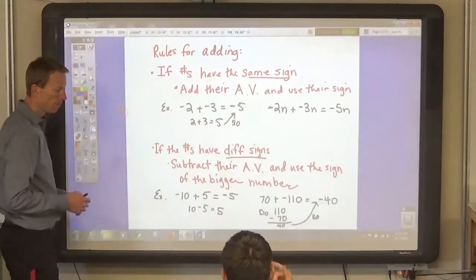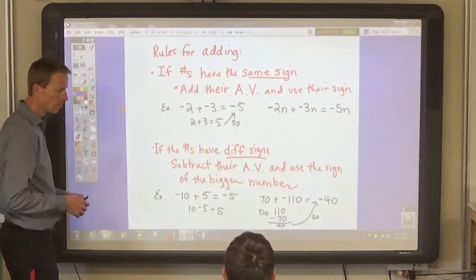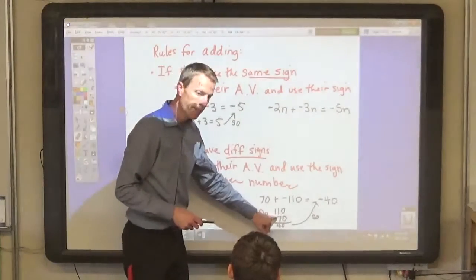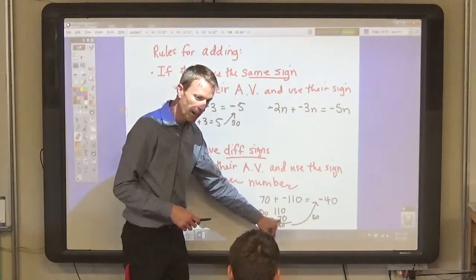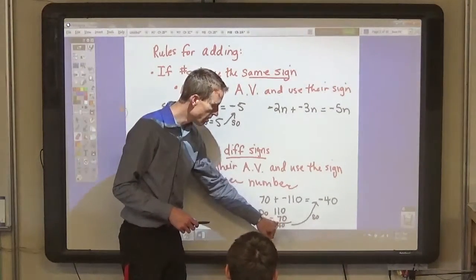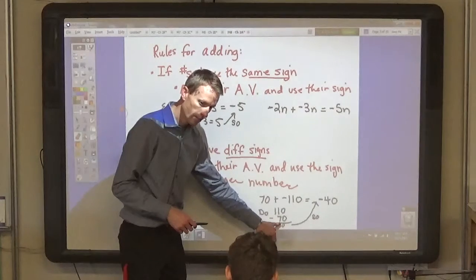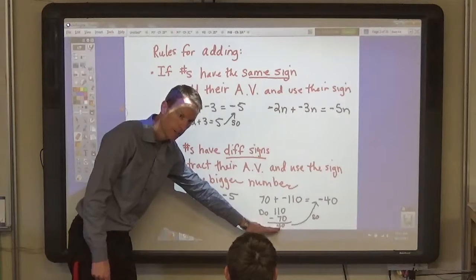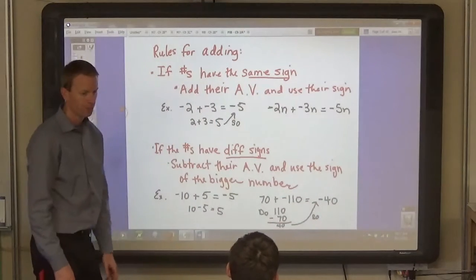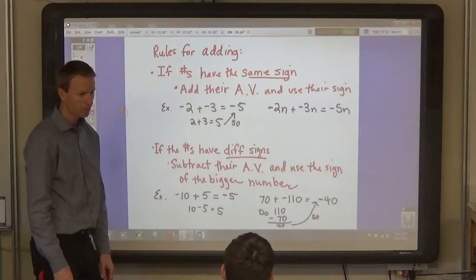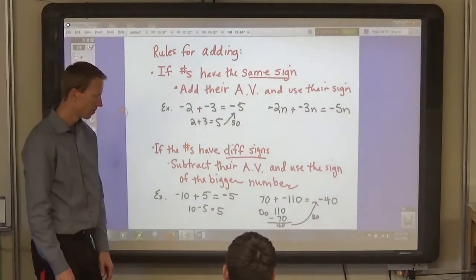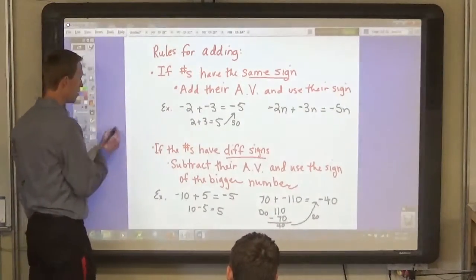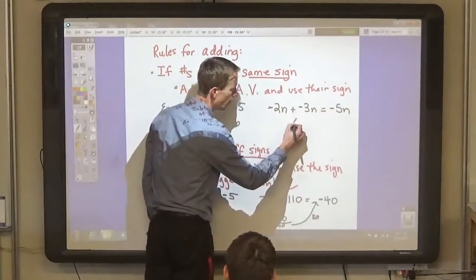Wouldn't the problem be flipped, and so it would be -110 and 70? No. When you're finding the difference, you have to take the bigger absolute value minus the smaller absolute value. Right, but so the difference is 40, isn't it? But the answer is -40. Okay, so why not just put the negative sign up by 110? Because if you write it this way, Dylan, it's a good question. If you write it this way,